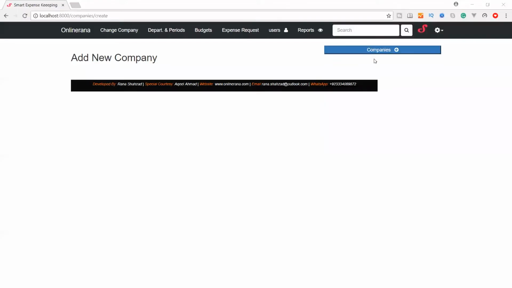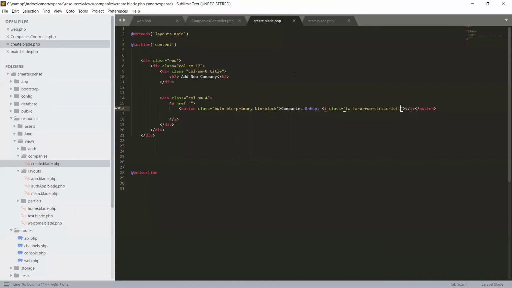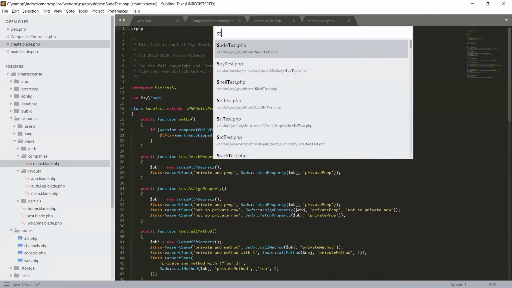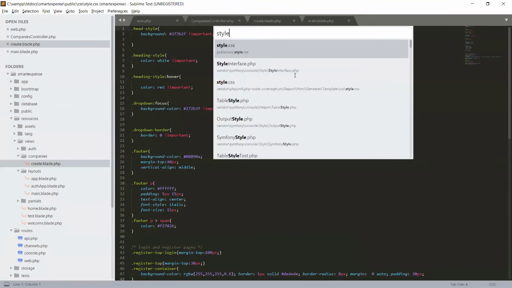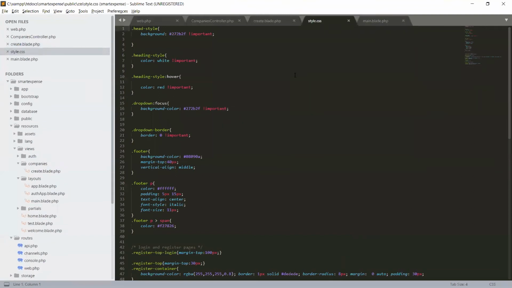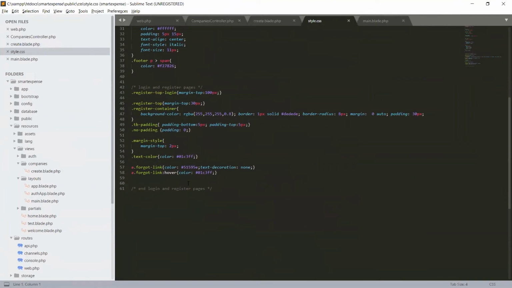Okay, let's style this button and we will move further. Come to your editor and let's go to our style.css. Style.css will be in the public CSS directory under that CSS. Okay, so we will now